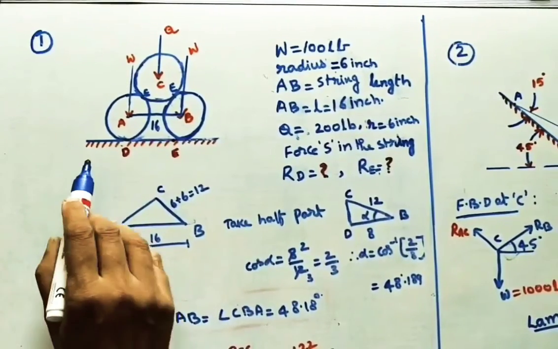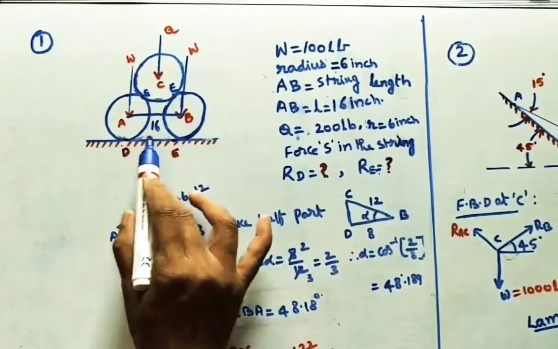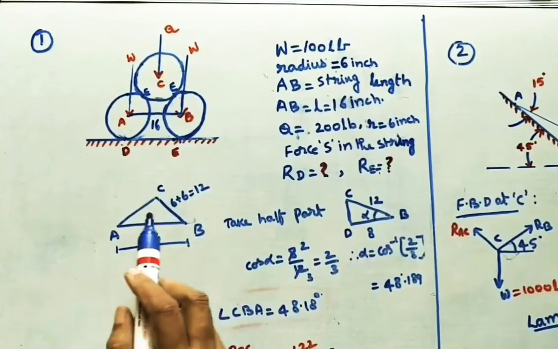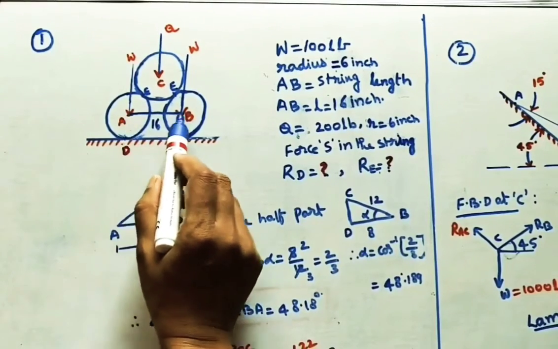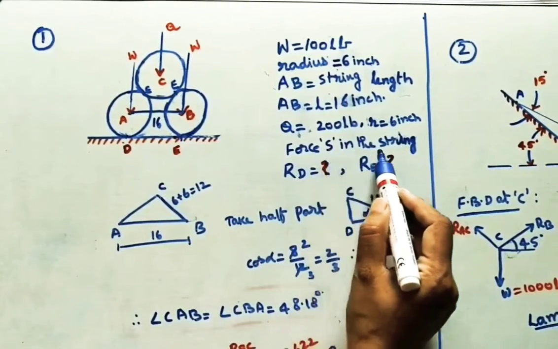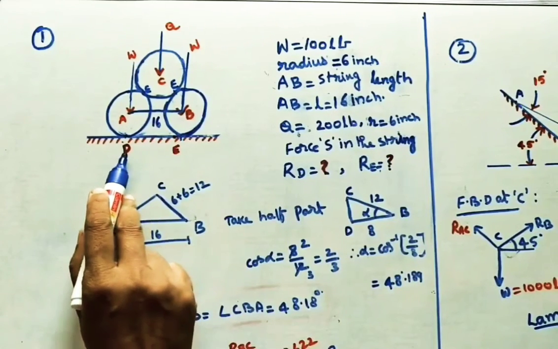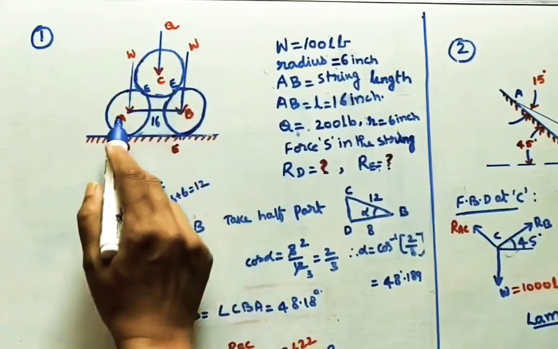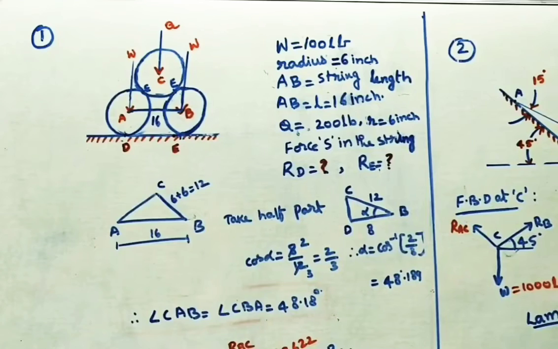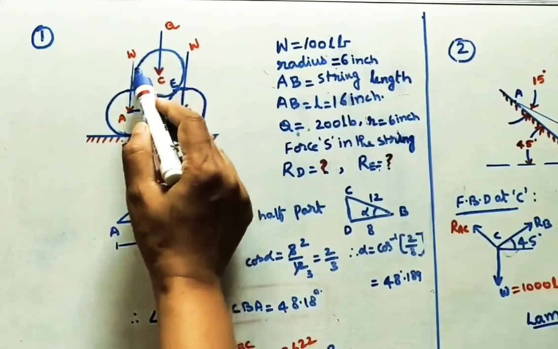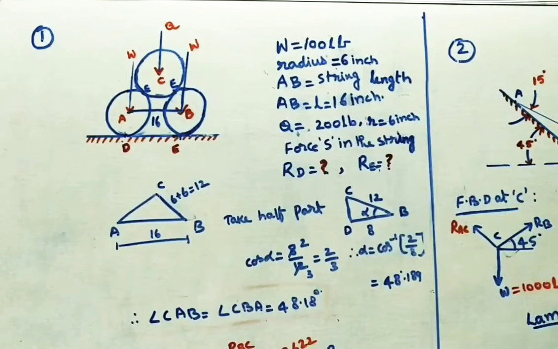Now these two are resting on two contact points, D and E. Here we are tying the centers with one string, the AB string. We need to find the force, capital S, in the string. Similarly, the reactions at points D and E because of the weight of this roller on these two rollers. Find out these values: RD, the reaction at D, RE, the reaction at E, and the tension in this string because of this load. So let us do it.